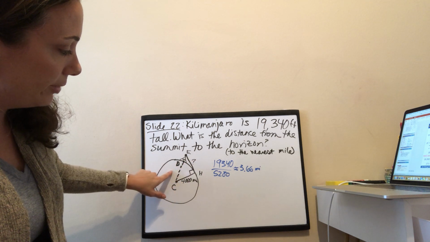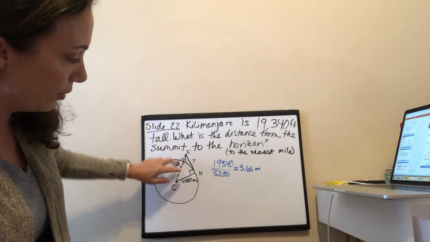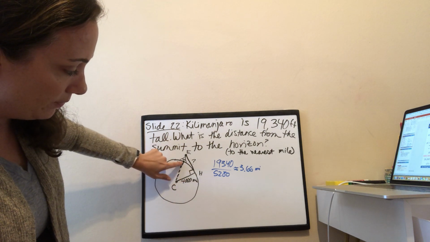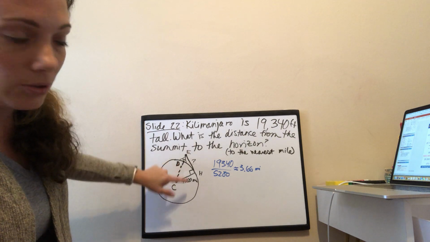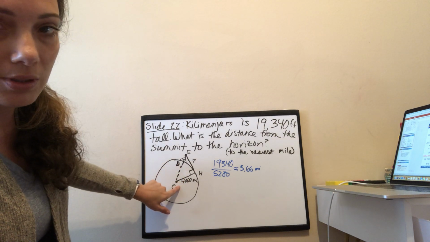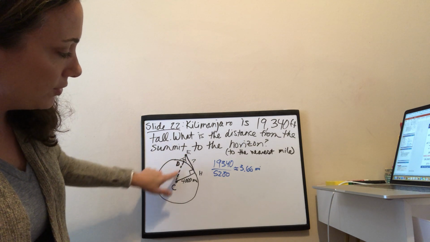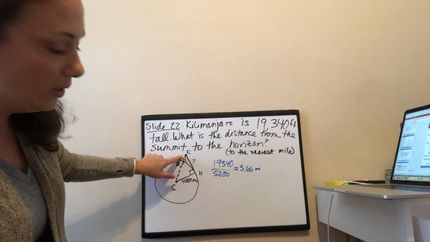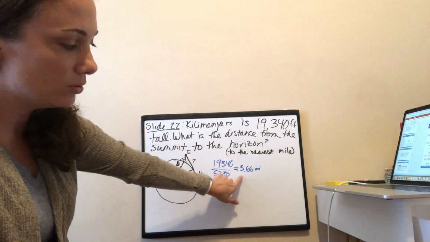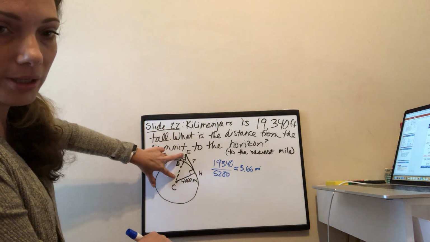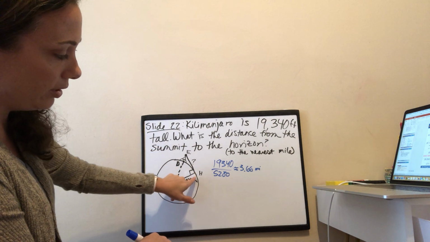but I can find out the length of this one because I know if this radius is 4,000, what's the distance of segment CD going to be? All the radii in that circle are going to be 4,000 miles. So if I want to find the distance of EC, I'm going to add 4,000 to how many miles tall Kilimanjaro is, which is 3.66. So I do know the length of the hypotenuse, and I know the length of one of my legs of